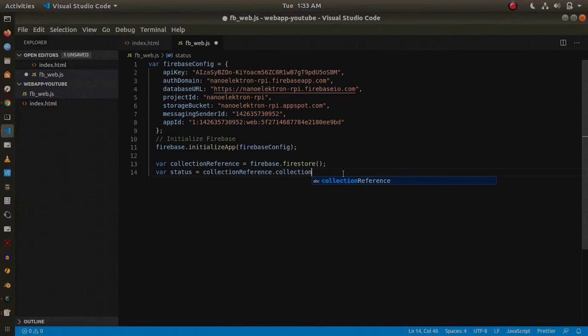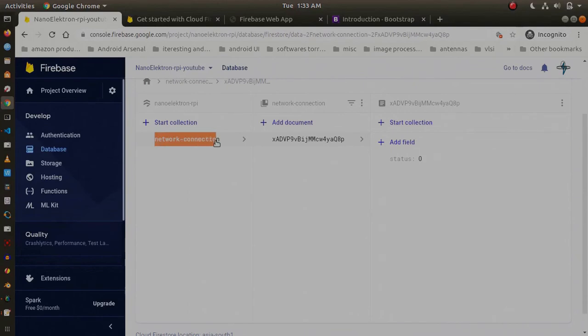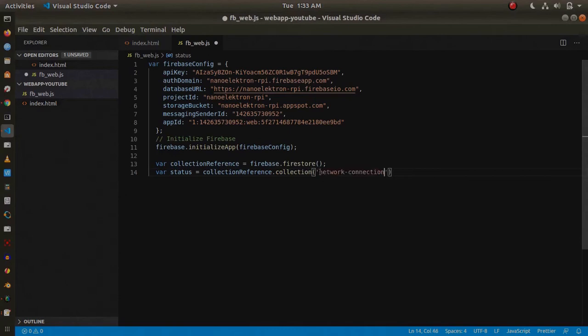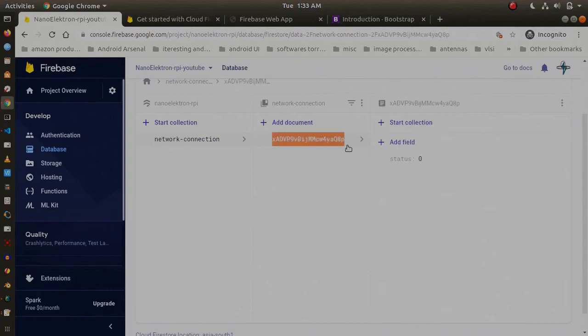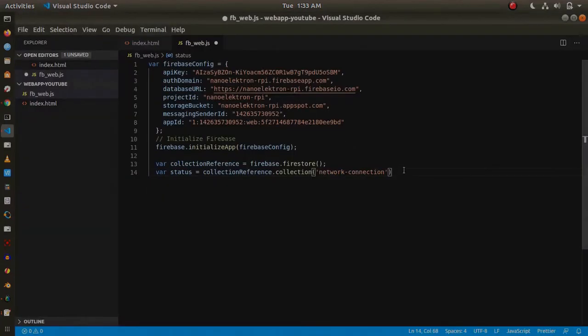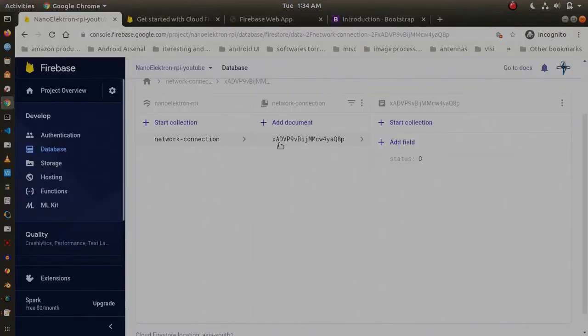So now we are going to use this base reference variable to connect it with the collection called network connection, and to this document which has an auto-generated document ID. This variable called status is going to hold the reference to our document with the auto-generated document ID in this particular Firebase project.